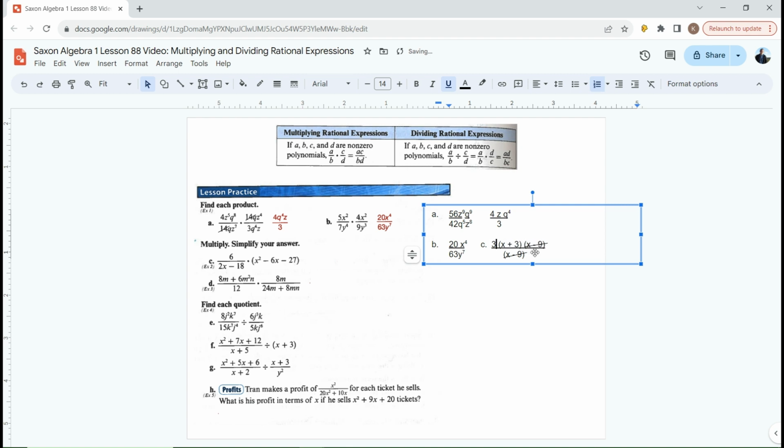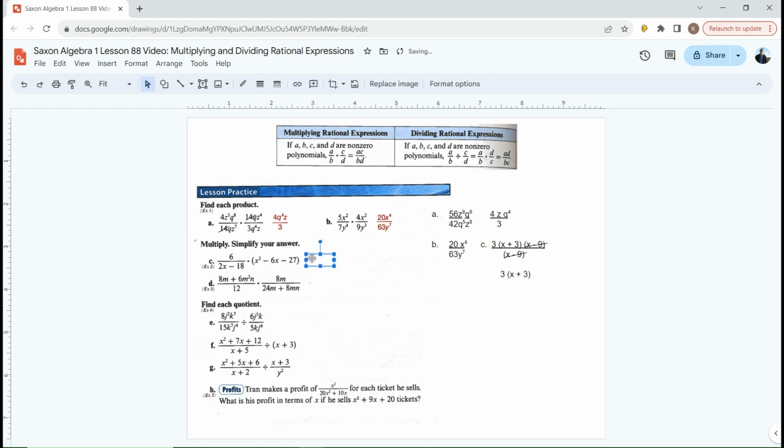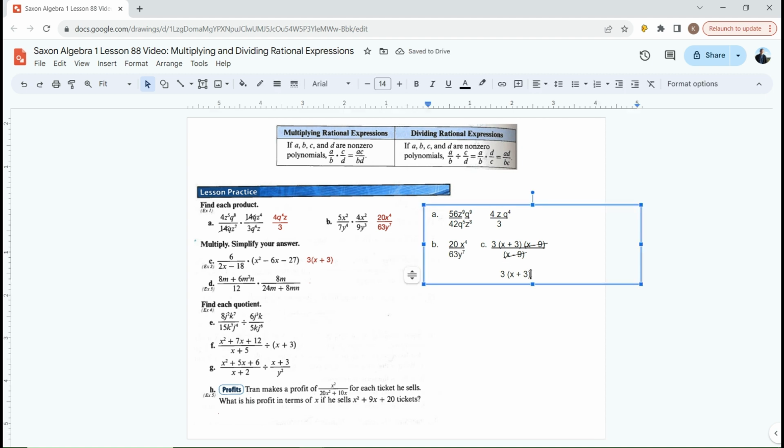So my answer for this one is very simply just going to be 3 times x plus 3. Those are the only factors that I have left. Let's just see if we did this one right. Boom, there's the answer. All right, let's move on to letter C. In letter C, we have, I'm sorry, letter D. We just did letter C. Okay, in letter D, we have 8m